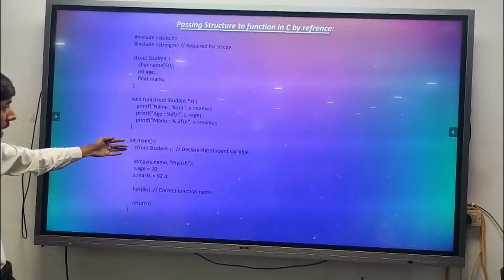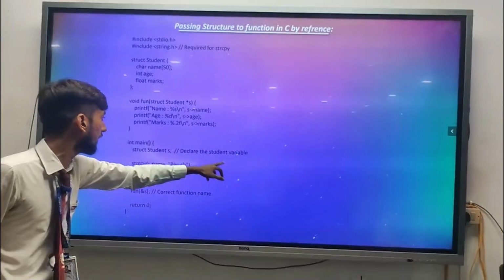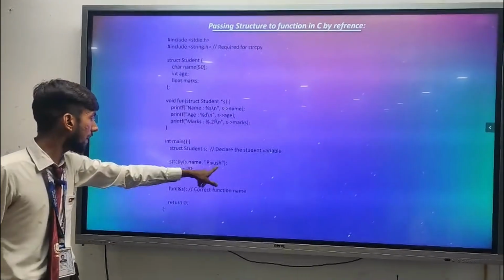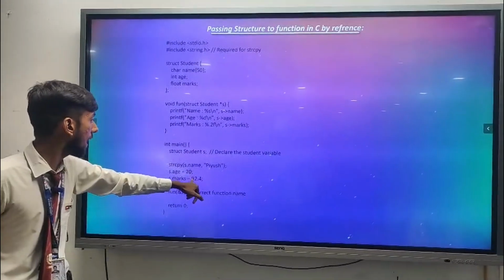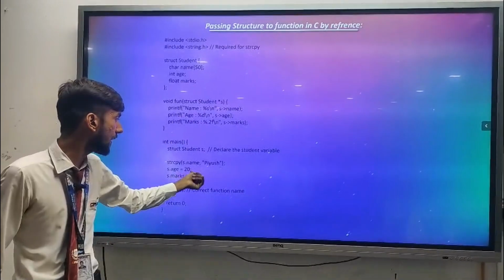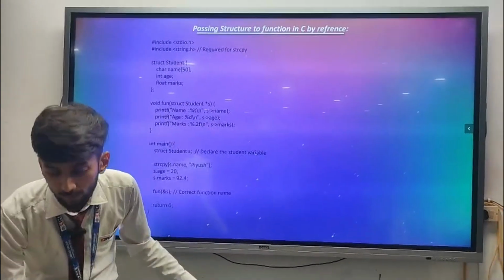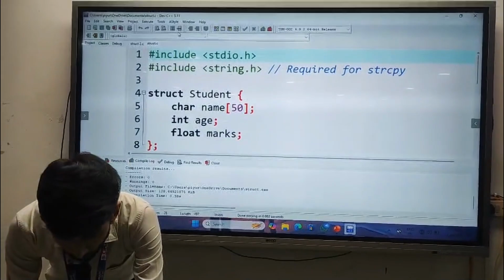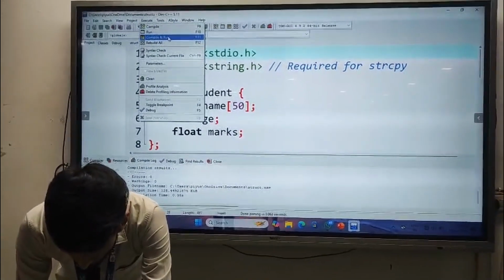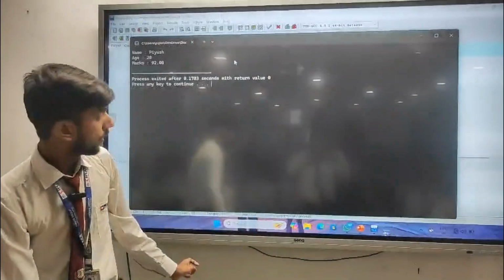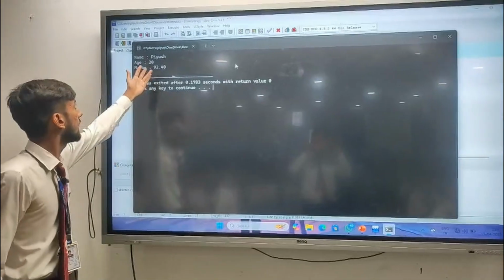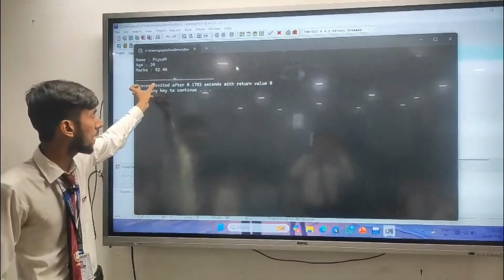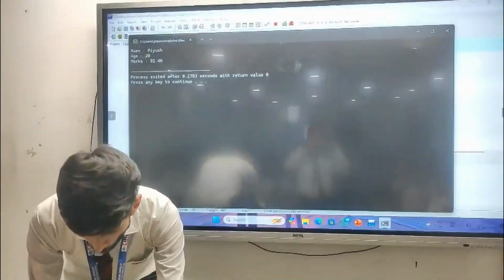In the main function we are declaring the variable as struct student s, and we are taking the student name as Piyush, marks as 92.4 and age as 20. If we run this, the output will be as follows. Here you can see that passing by reference we are taking Piyush, and the age displayed is 20 and marks is 92.40.